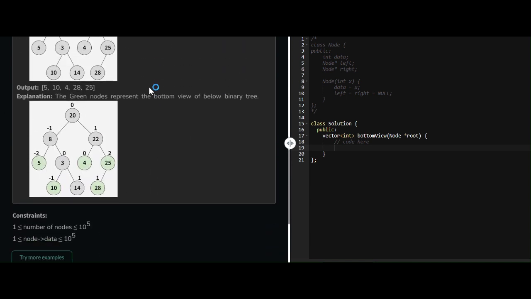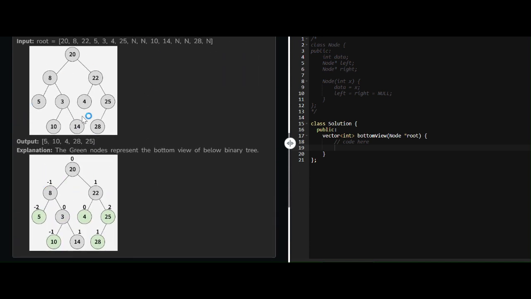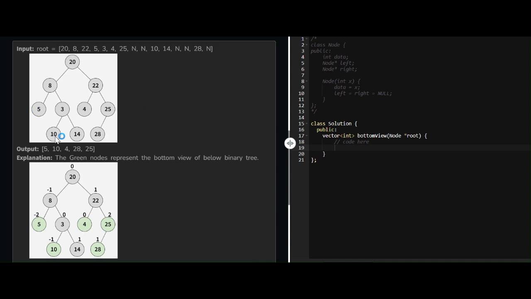So if I take this particular tree and view it from the bottom, then 5, 10, and then there will be 4, 28 and 25. These are the nodes that will be visible, but you could say that 5, 10 and 14 will also be visible from the bottom. So it's correct that 14 is also visible, right? But if you see that